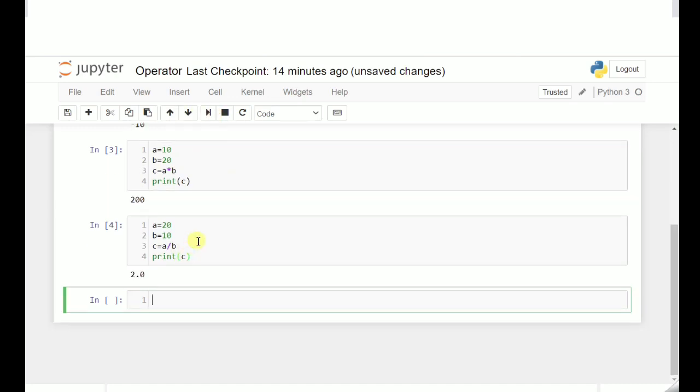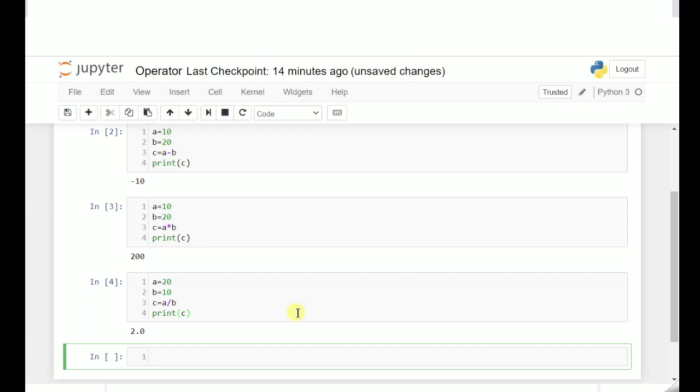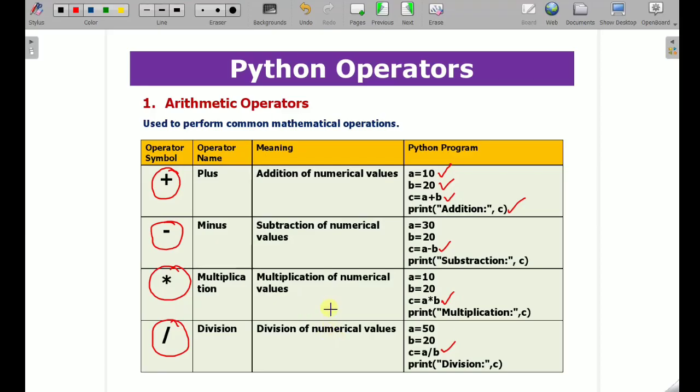So all the basic mathematical operations are being performed over here. I have shown you that all the arithmetic operators which are explained over here have been implemented in the Anaconda platform Jupyter notebook with very simple programs.